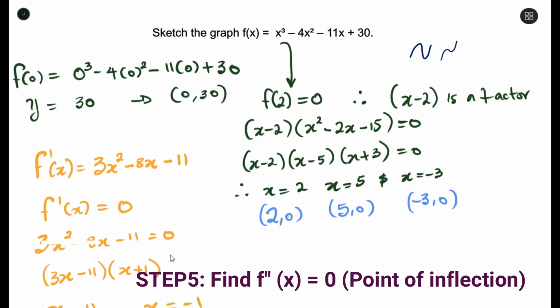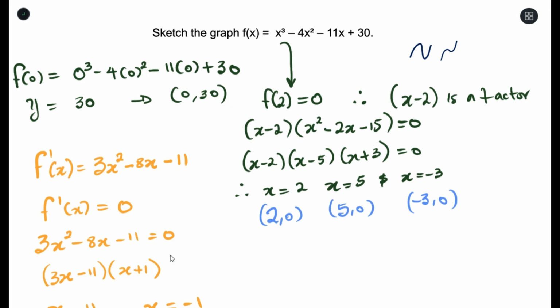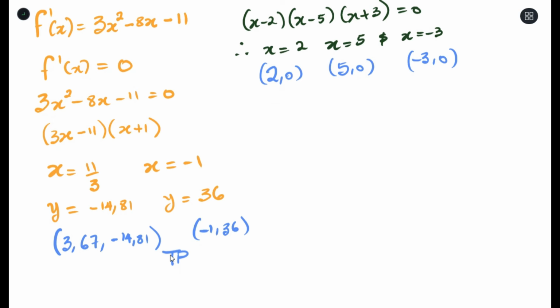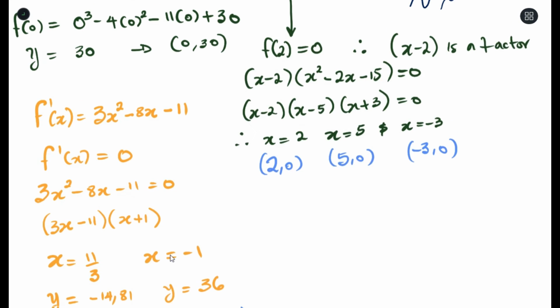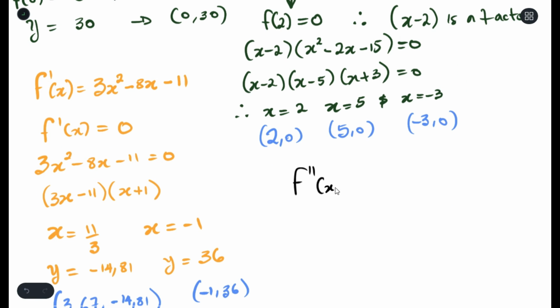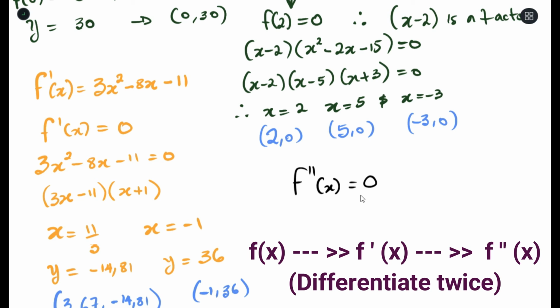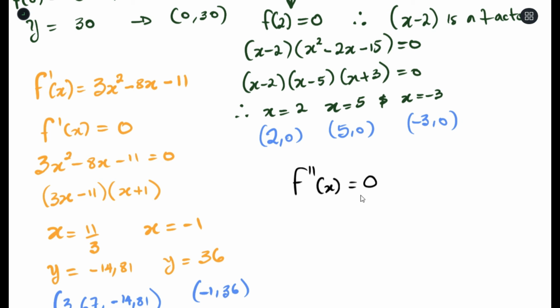Now, the fifth step depends on how your fourth step went. If you had two stationary points, like we can see over here, it means that these represent your turning points. Then you would also need to calculate your point of inflection, which is normally calculated by setting the second derivative equal to 0. So we differentiate our first derivative, and the answer we get, we equate it to 0. It helps us find our point of inflection. Calculating this, you would get